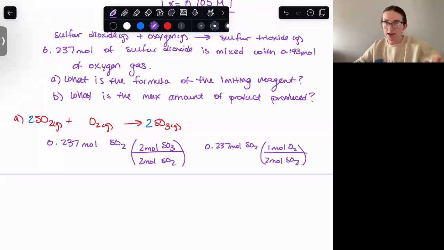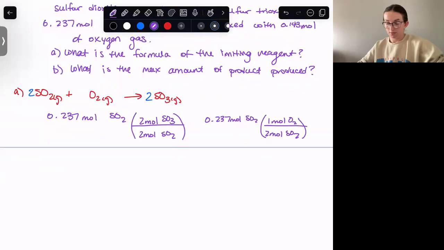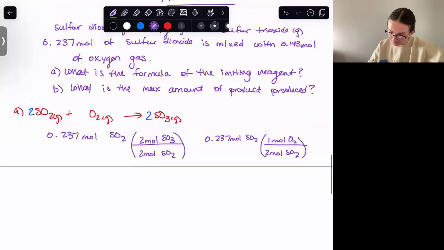On the left-hand side, you're asking yourself which one produces the least amount of SO3. On the right-hand side, you're asking yourself, do I have enough oxygen to completely use up all of my sulfur dioxide? Okay, and you would have to do this for both of your reactants. So either if you're doing the left-hand side or the right-hand side, you would need to say,